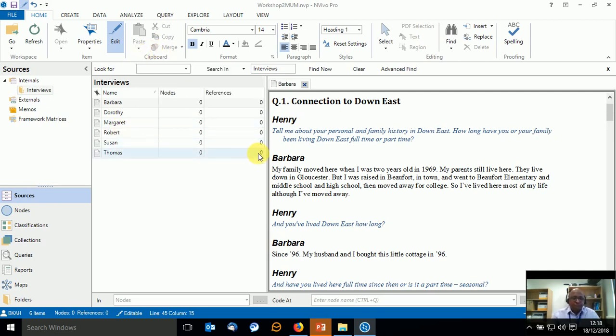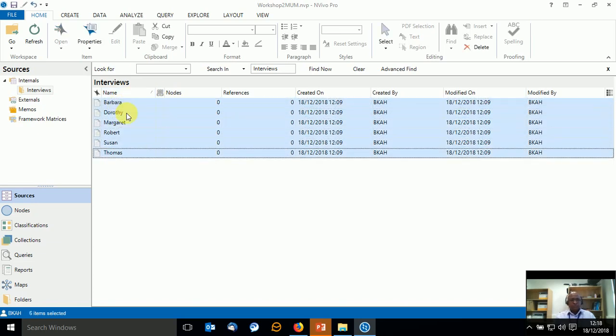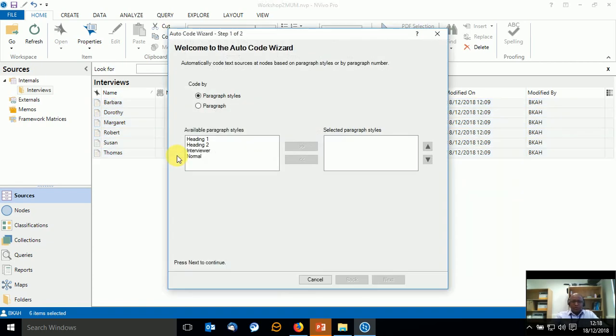Right. One thing we can do now is, let's see if I can close this. Just to show you what just happened. So all these files have been formatted in the respective paragraphing style. If I highlight them, right click, auto code. Let's keep it this way because that's what we've done, paragraph style. And let's do one by one. Let's just do heading 1 today and see what happens. So I select heading 1 and I move it to the right, click next, and